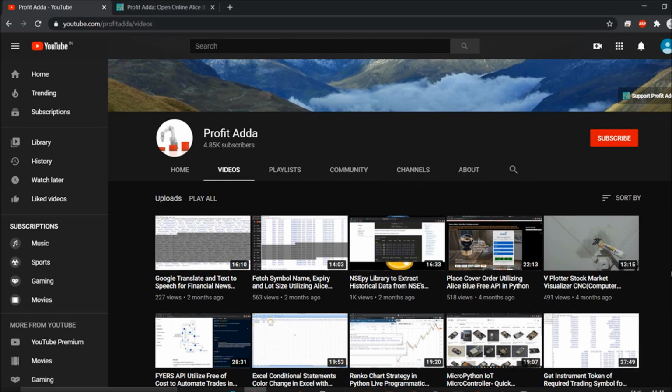So today I'm going to talk about getting a strike list of trading symbols. Suppose I have some symbols which I need to trade, especially in options, and I need to identify ITM, ATM, OTM, so nearby prices. Suppose I want to trade with nearby prices, it will be helpful for me to make